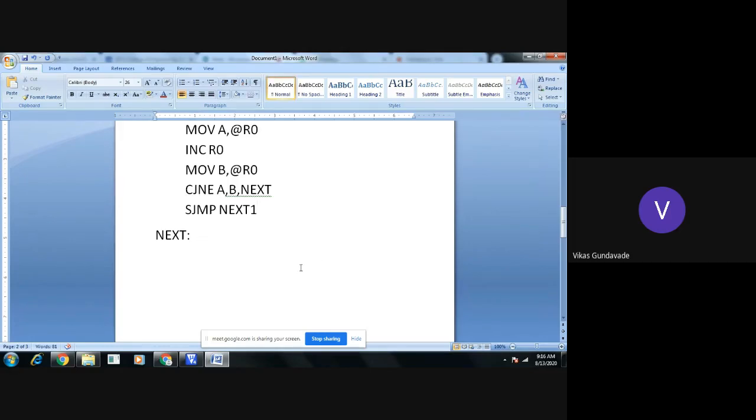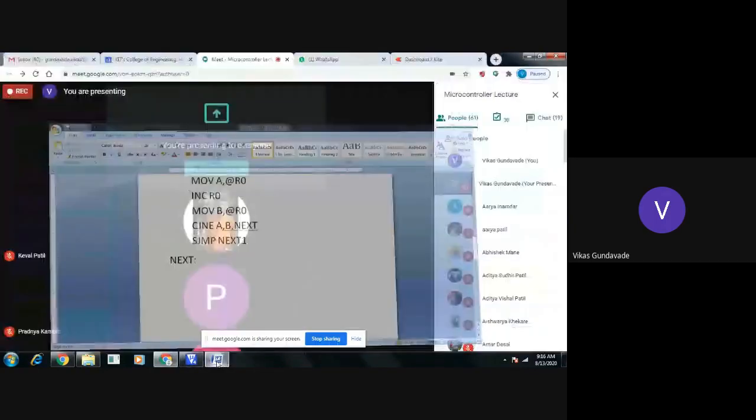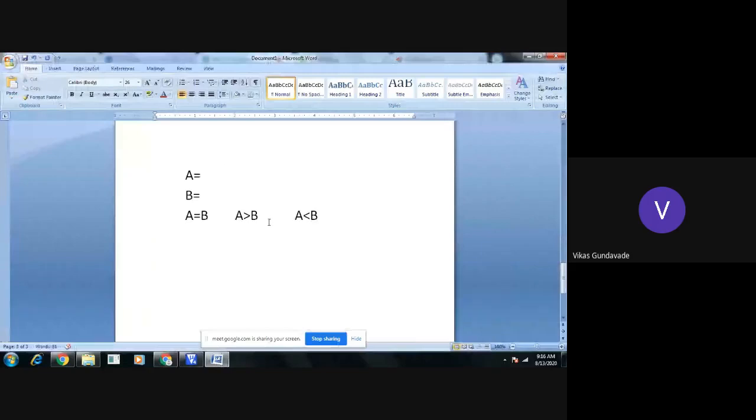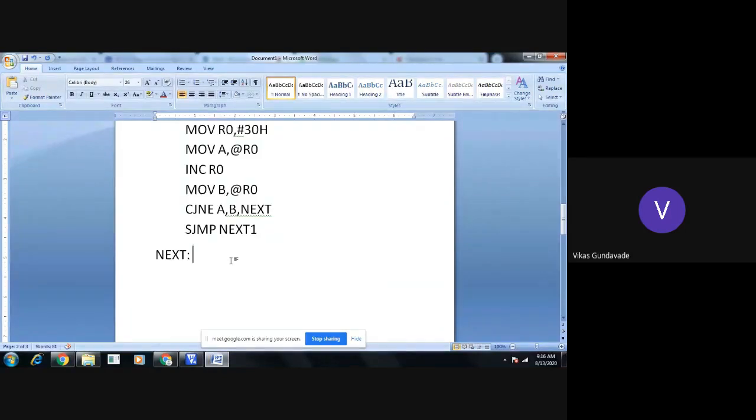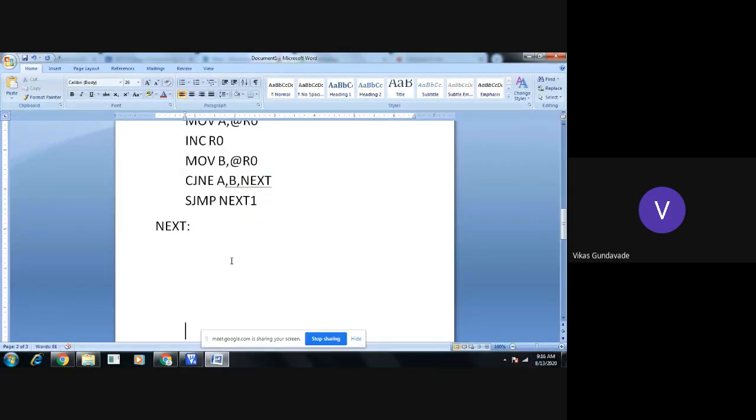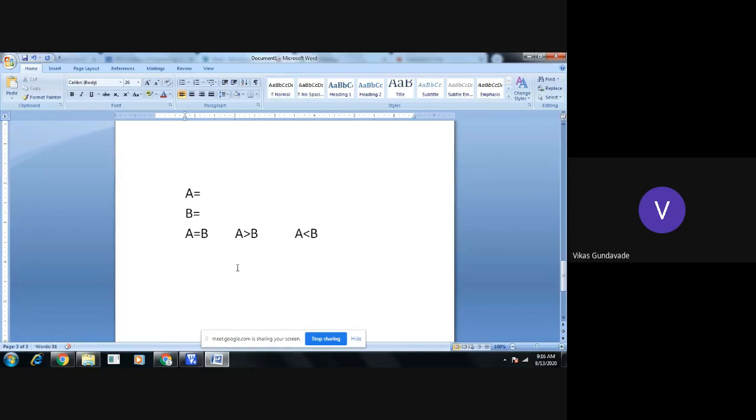Now, if both numbers are not equal, we need to check the next condition, that is whether A is greater than B or A is less than B. And to check this condition, we need to check the carry bit of PSW. The first condition, if A is equal to B, is checked by the CJNE instruction itself. For A greater than B or A less than B, we need to check the status of carry.